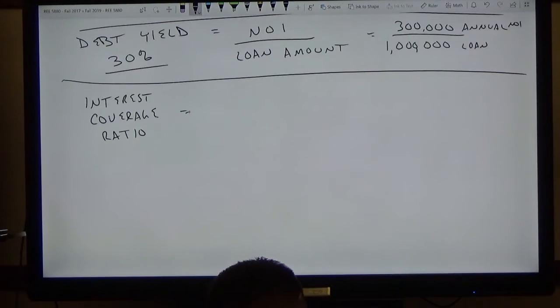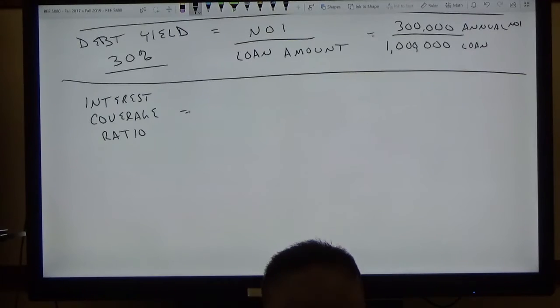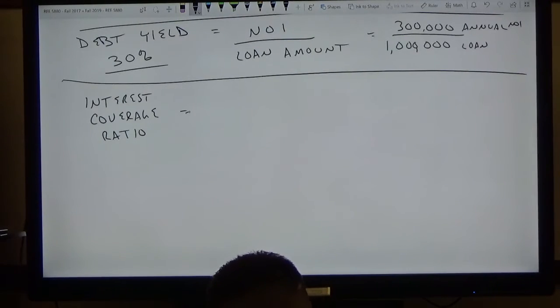You're going to have your net operating income and your annual interest payment. So if you have NOI of $50,000 and an interest payment of $40,000,